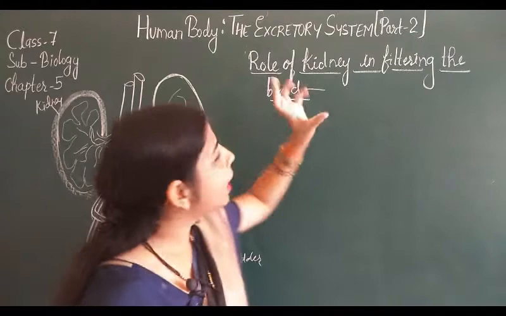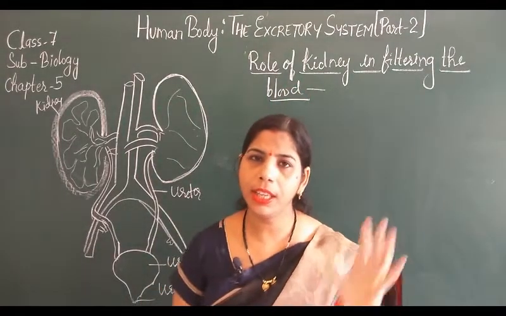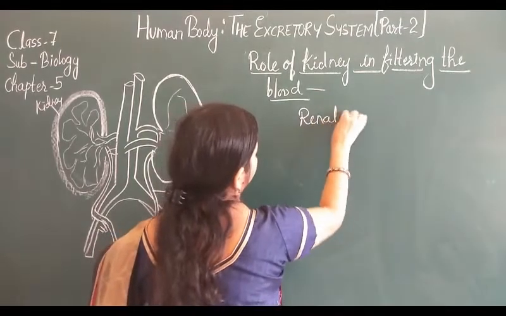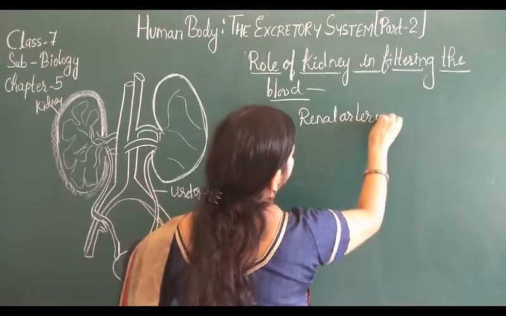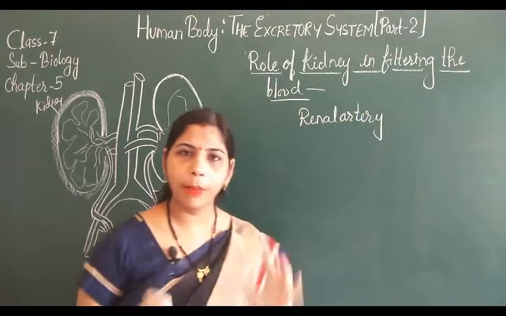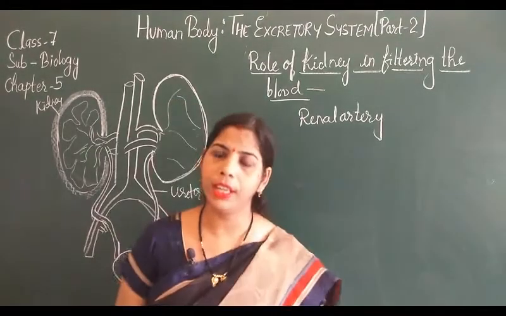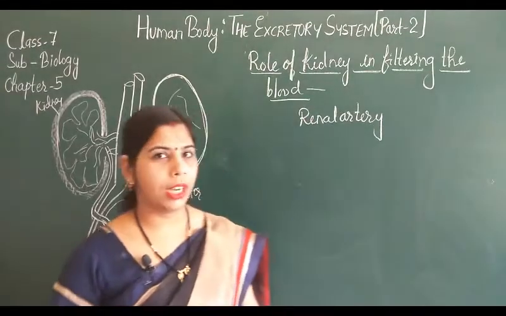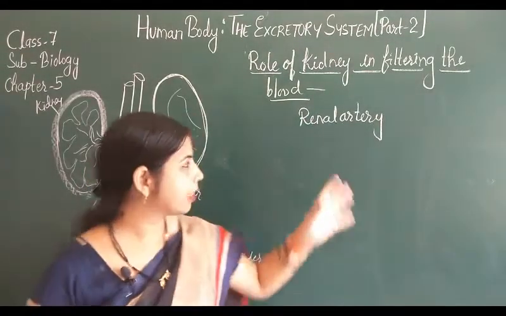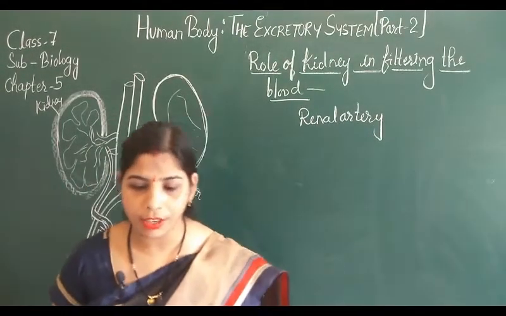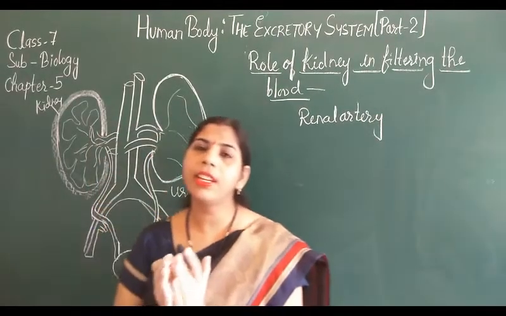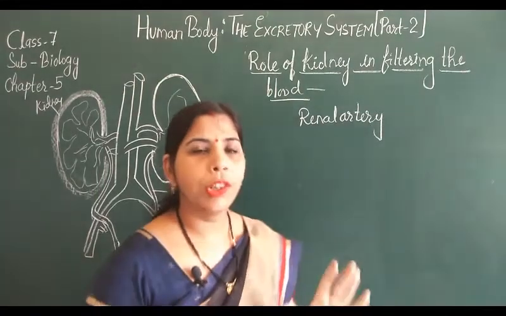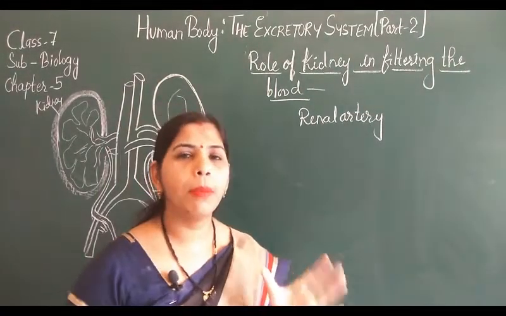Blood comes in the kidney through the renal artery. That means the renal artery brings blood to the kidney. The renal artery is a branch of the aorta, the largest blood vessel. When this renal artery brings the blood in the kidney, inside the kidney the blood is going to